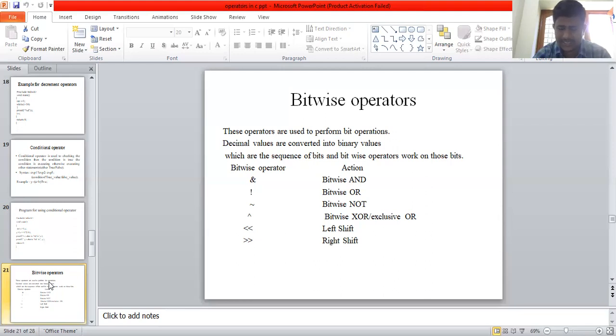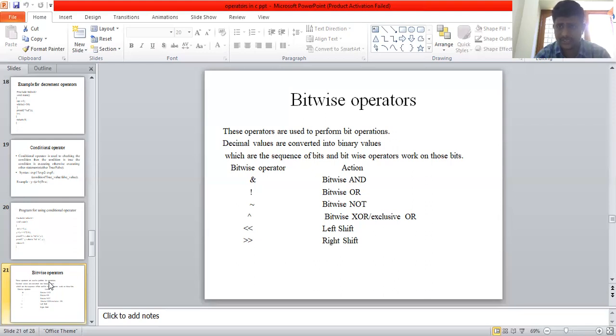So for a and b, and means the bitwise and operator, a multiplication operator. 0100 is the a value 4, 0110 is the b value 6. So the output is 0100. Multiplication operation, the output is 0100, which means the value 4.